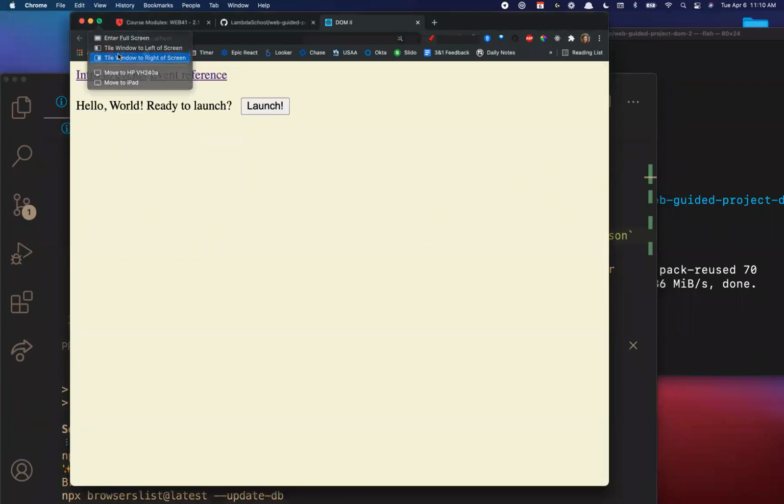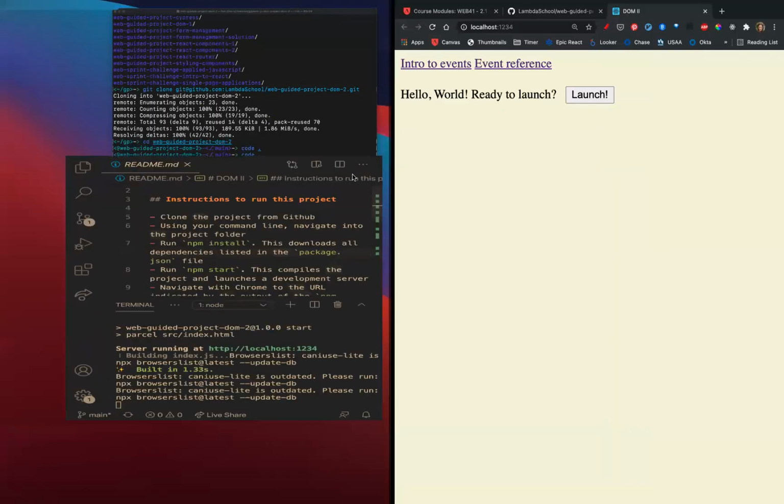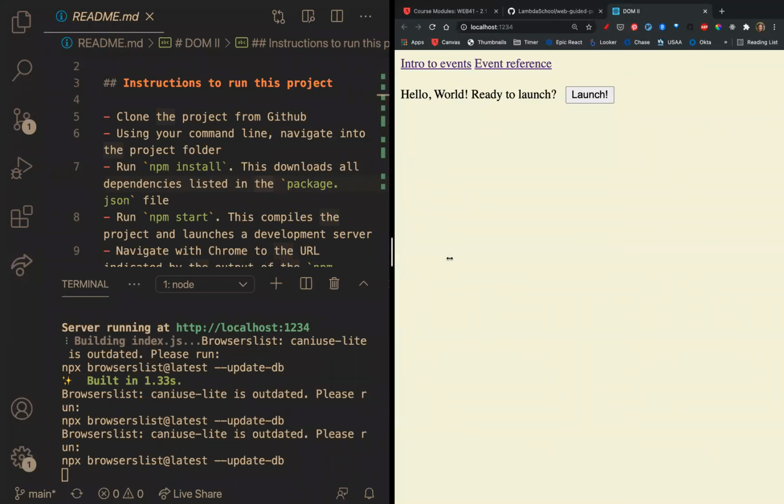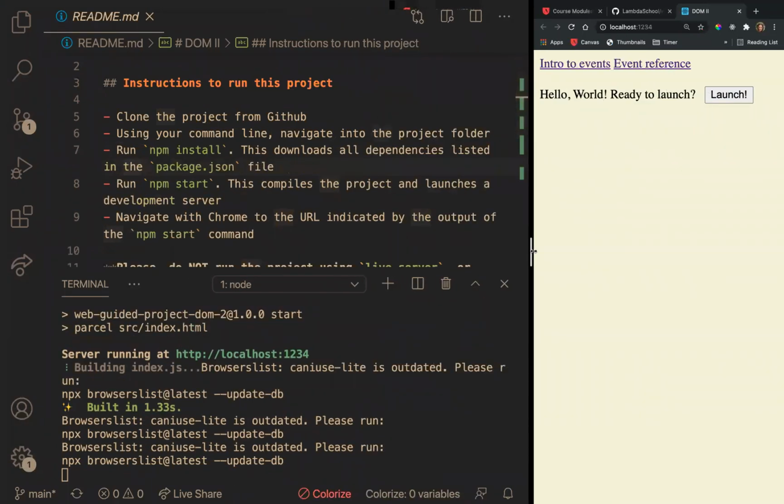And let's see if we can kind of do it like this. Hopefully this will give us enough real estate to see what's going on. Okay. And just another thing to note, the process that's currently running inside of terminal right here is a